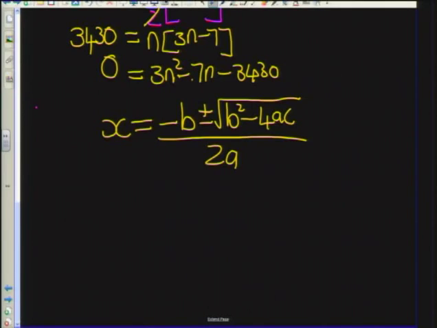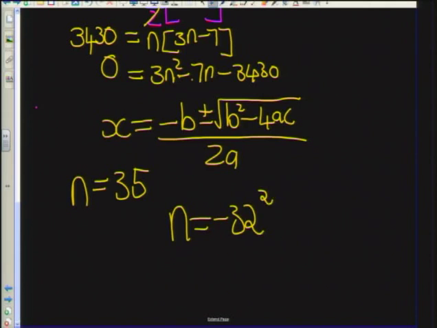Right, so I put these in, and I got two answers, and I'm going to write them down here. I got n is equal to 35, or n is negative 32 and 2/3. Now,